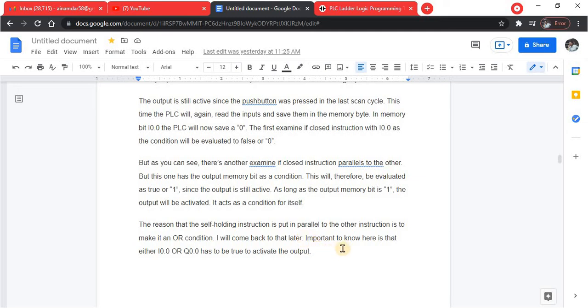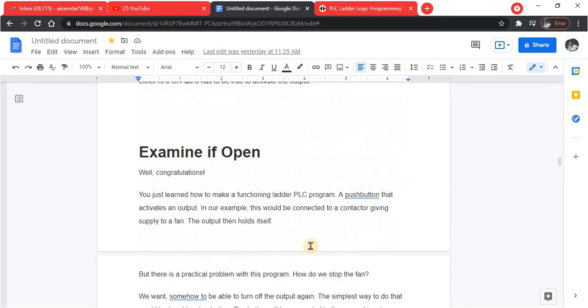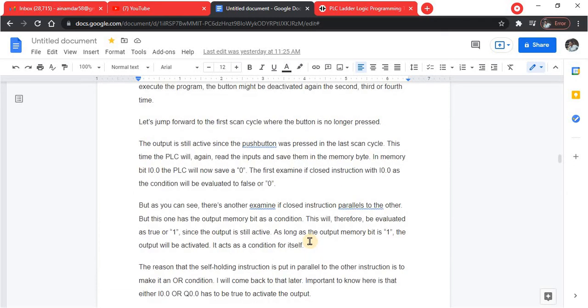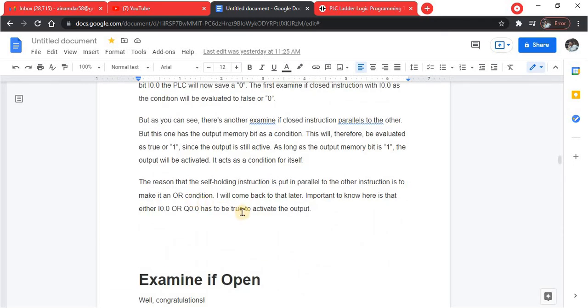The important thing to know here is that either IO.0 or output 0.0 has to be true to activate the output. Okay, so now we have seen the examples and how this self-holding instruction works by putting it in parallel.